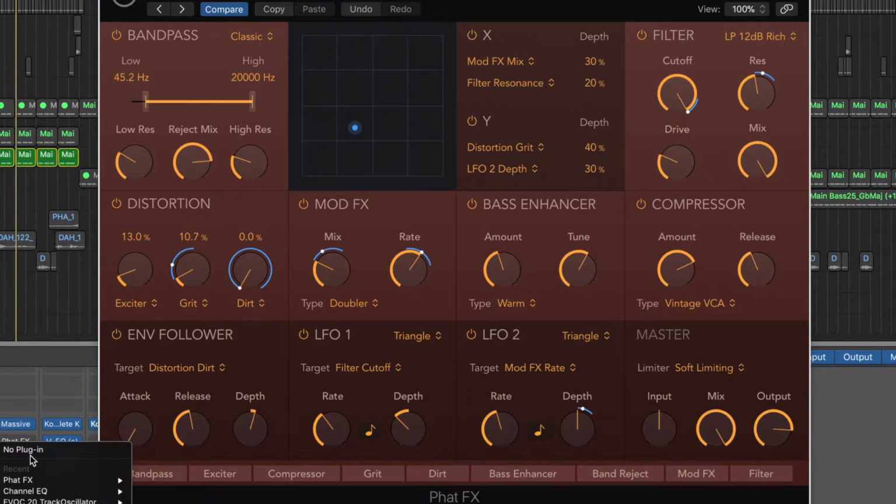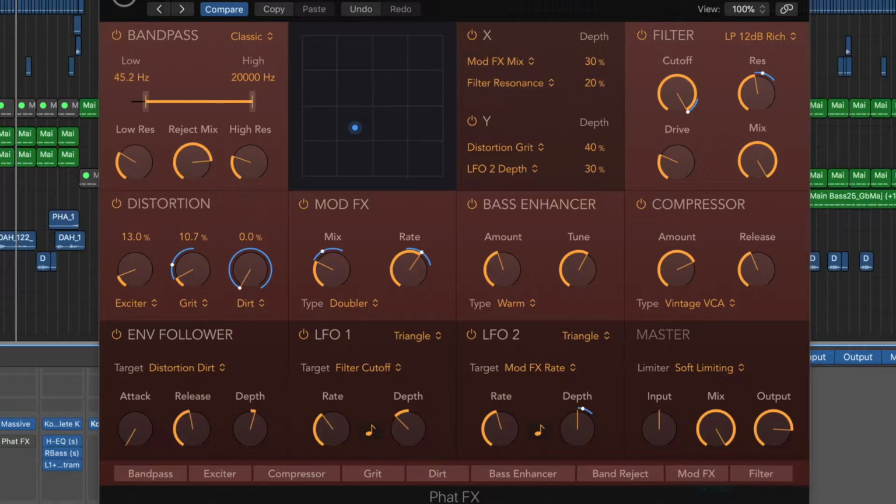Now, to access it, you would think if you went to distortion, it would be there. And for whatever reason, Logic does not show it there. However, if you go down to multi FX, it is there as Phat FX, and we are just going to have a little breakdown of it. So this track here,